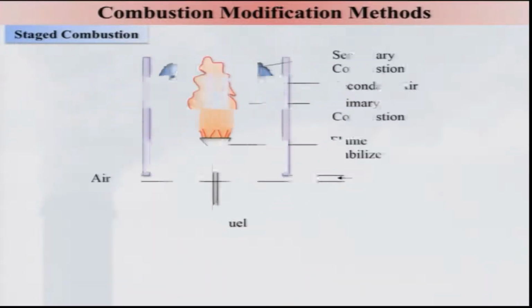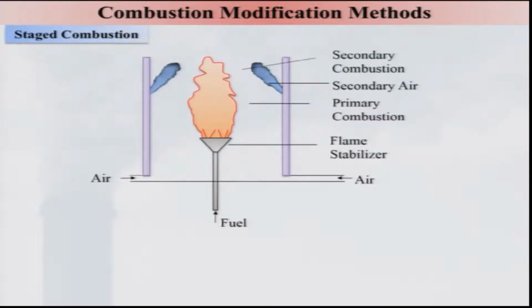Let us look at the stage combustion system, and in the stage combustion, as I told, in this case the fuel is being used, and this is the air which is coming over and mixing, and this is the flame stabilizer, which is used to create a recirculation zone, such that it will stabilize the flame. And you can use the excess amount of air, but the air is known as primary air,